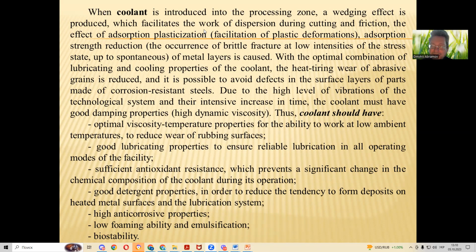Due to the high level of vibrations of the technological system and their intensive increase in time, the coolant must have good damping properties and high dynamic viscosity. Thus, coolant should have: